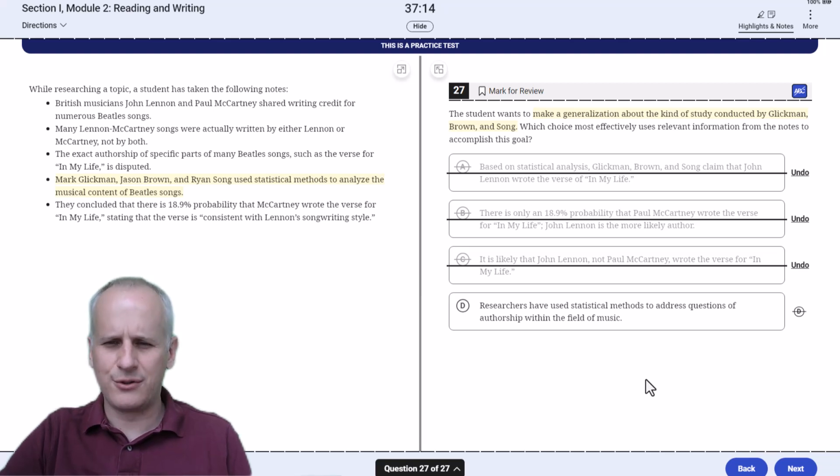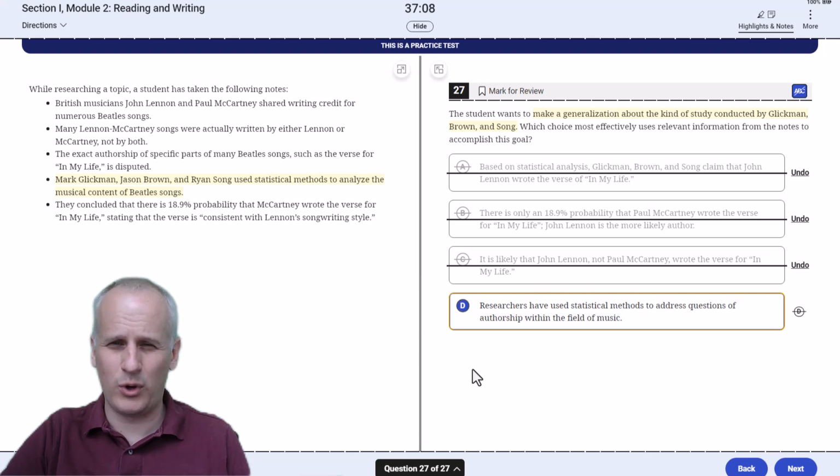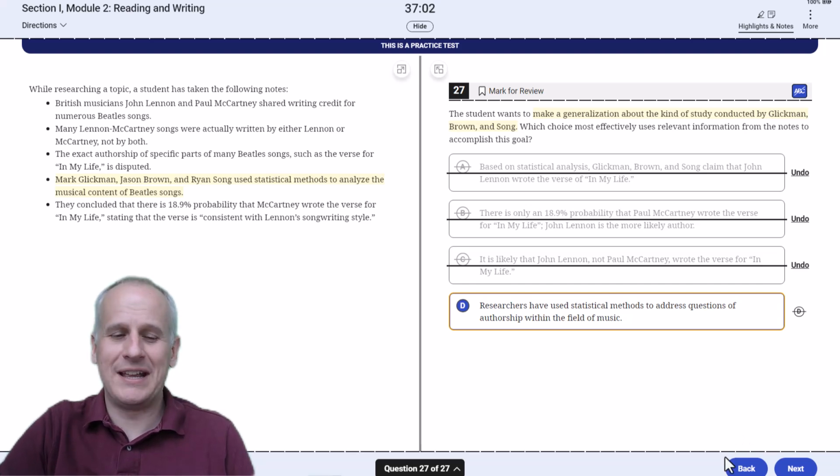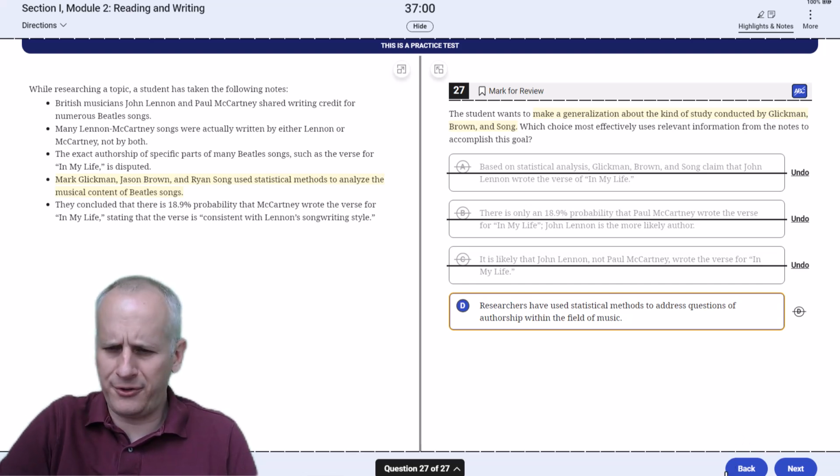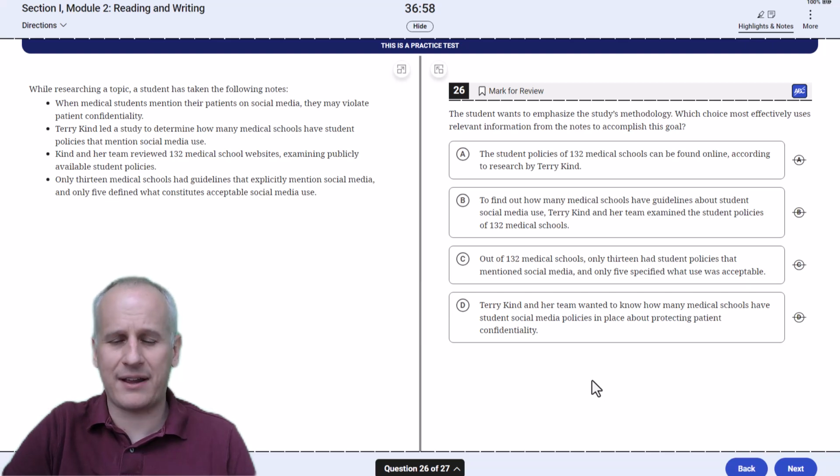Choice D, researchers have used statistical methods to address questions of authorship within the field of music. Ding, ding, ding. It's very bland, but that's what the question is asking for, and you have to make sure you're addressing the task, not just grabbing the most, we'll say, interesting information, maybe to yourself, maybe you're a Beatles fan. But then we'll just click back through the rest of this because we're at the end of the module,